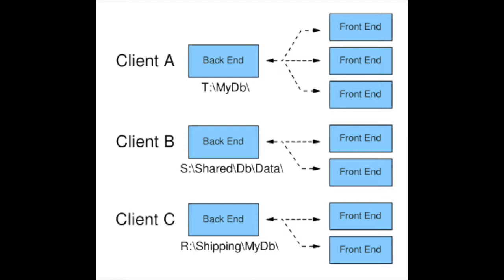So I've put together a sample scenario here where we have a particular database that we've released to 3 different clients, and we're assuming that this is an identical front end and back end that we're distributing. Now you can see that the 3 different clients each store their back end database in different locations. So the problem that we face when we release an upgrade version of the front end is that the front end is initially linked to our development backend, which may be in yet a different place again. So when we distribute that front end to the clients, the links are going to break and they need to